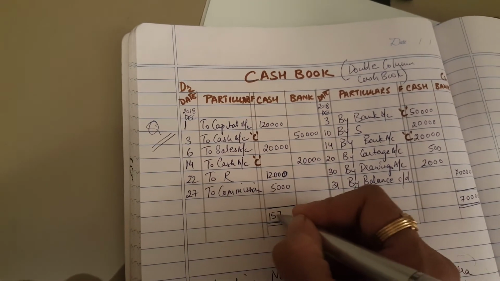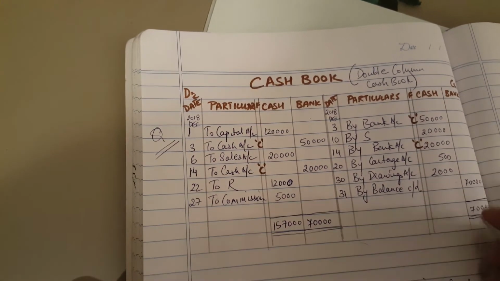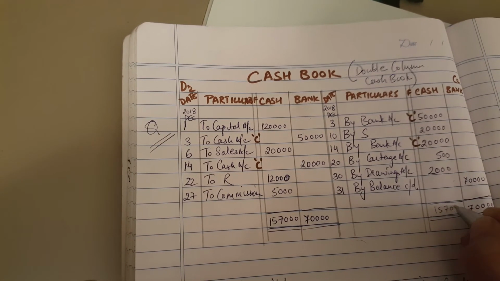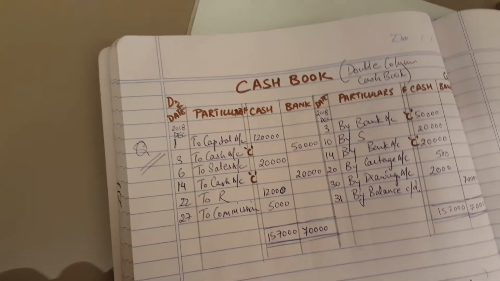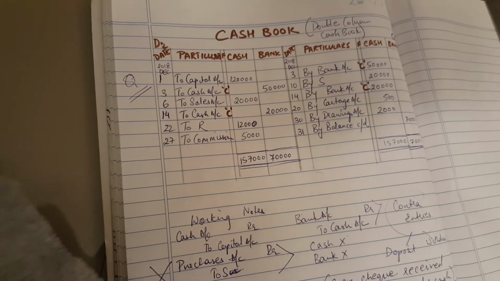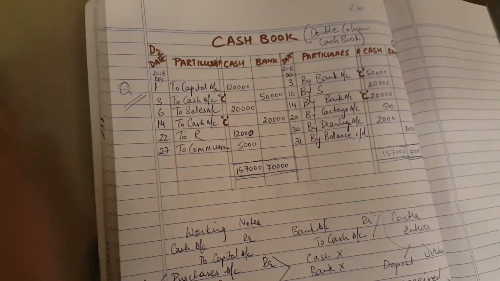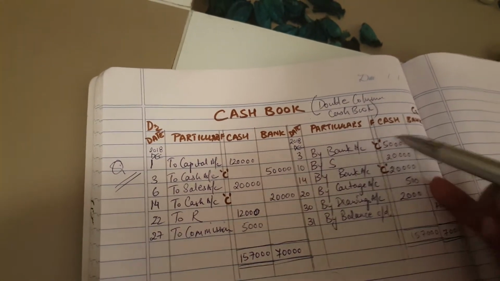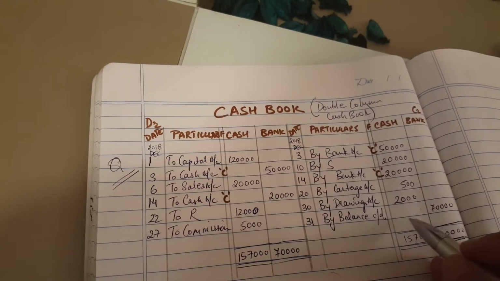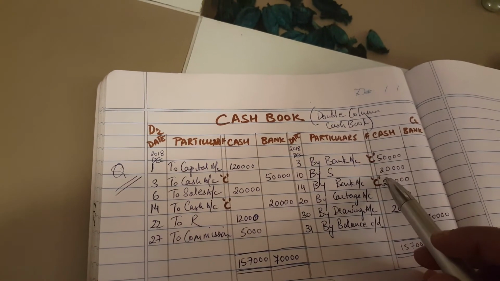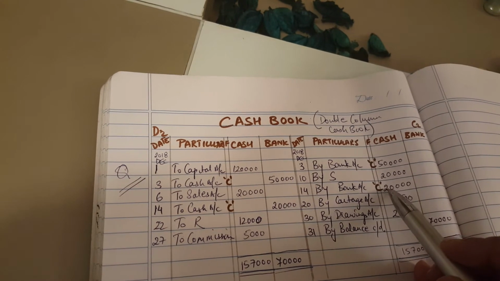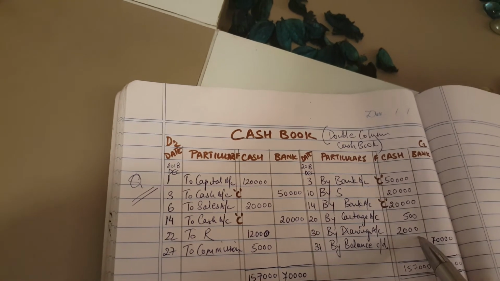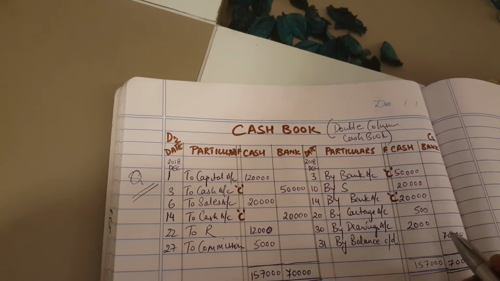So 1,57,000 is on the debit side. Similarly, you should have 1,57,000 on the credit side. So when you have 1,57,000 on your debit and 1,57,000 on your credit, you have to balance this account. And once you balance this, you have to subtract these and find out what is the net balance. This comes to 50, so it is 1,07,000 left. Then 40, that means it is 67 left. And then another 2,000. So 67 minus 2 is 65.